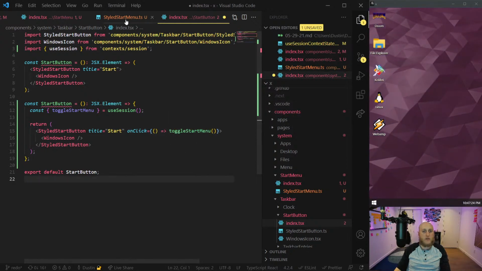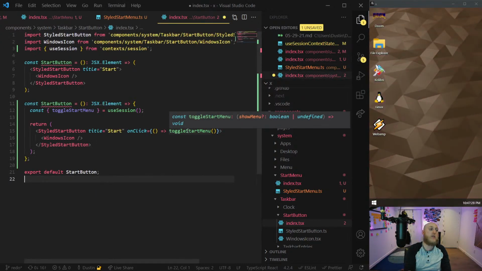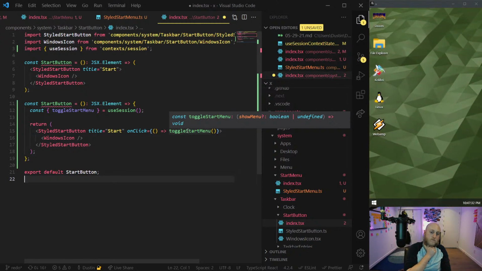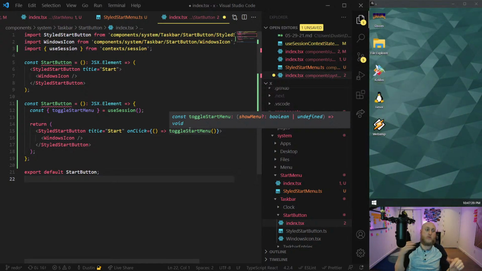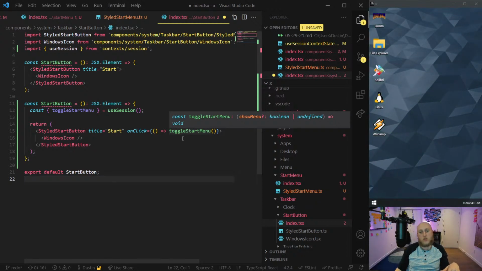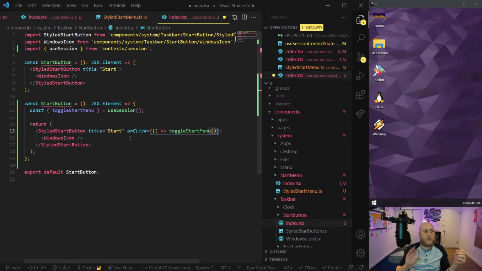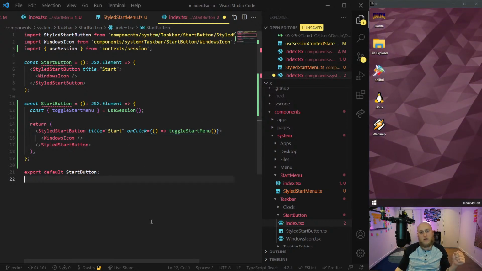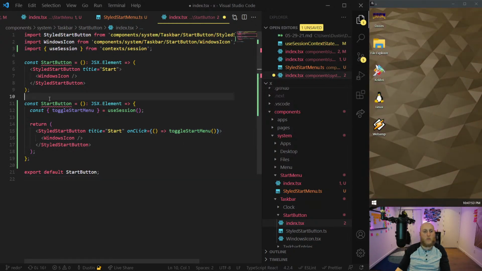And if you remember, I made it so that if you pass a Boolean in there, it would, wait a minute. Okay, yeah. Basically if you pass anything in there that's not falsy, it was considering that true and it would show the start menu. So I wanted to be very clear that when we're clicking the start button, we just want the normal toggle functionality. If it's open, close it. If it's closed, open it, basically. Whereas if I had it the other way, it would have always been considering opening it.